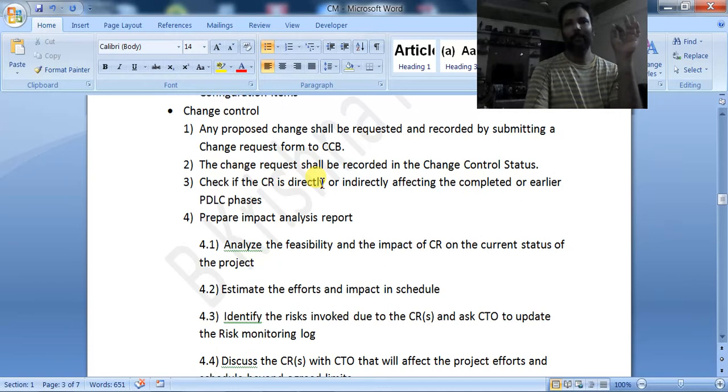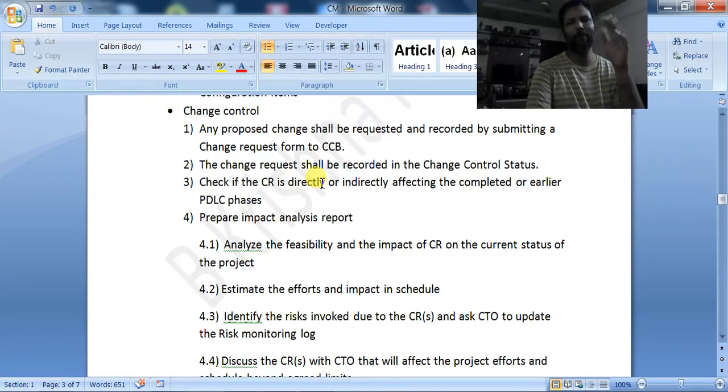Then the business analyst does the primary feasibility study and prepares a report with his recommendations. That primary report will be submitted to the CCB, the change control board.